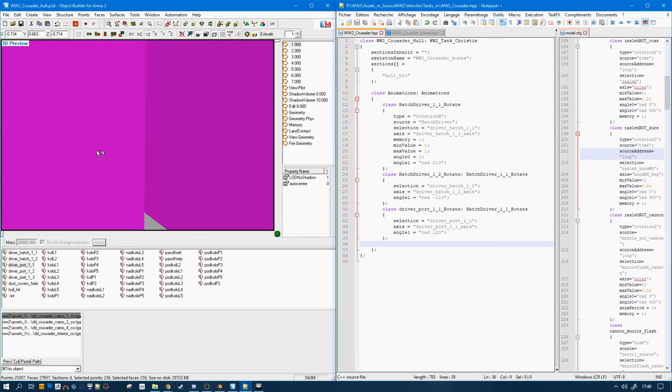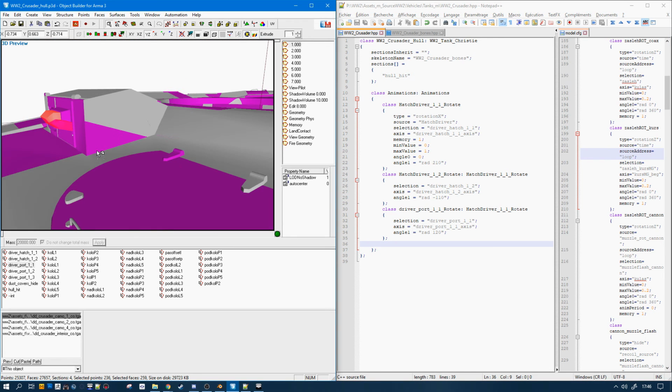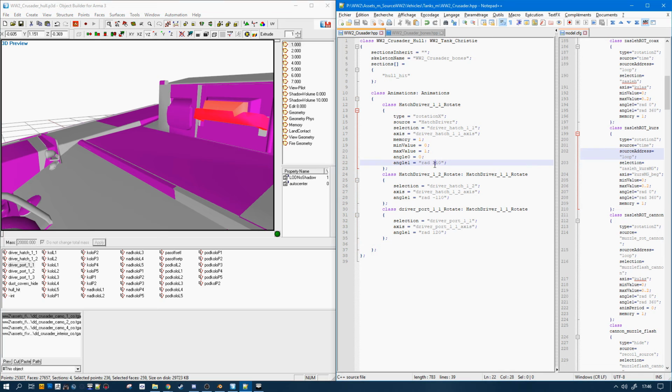Oh no, it's going to be downward. Forgot to do this.